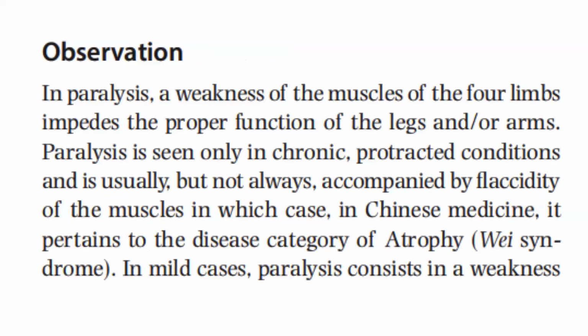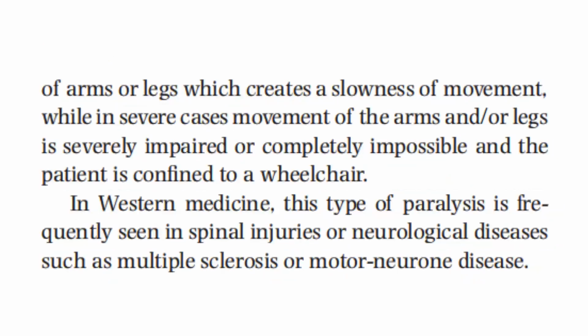Observation. In paralysis, a weakness of the muscles of the forelimbs impedes the proper function of the legs and or arms. Paralysis is seen only in chronic, protracted conditions and is usually, but not always, accompanied by flaccidity of the muscles, in which case, in Chinese medicine, it pertains to the disease category of atrophy or the Wei syndrome. In mild cases, paralysis consists in a weakness of the arms and legs, which creates a slowness of movement, while in severe cases,